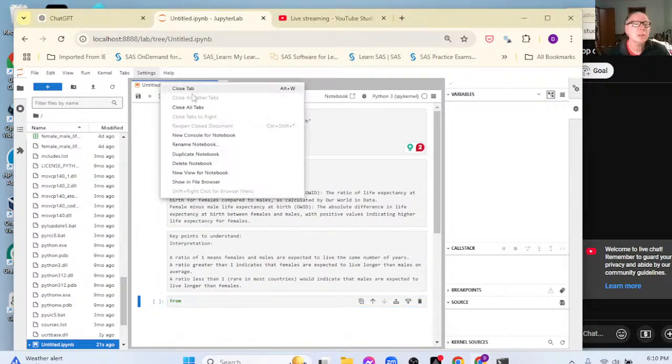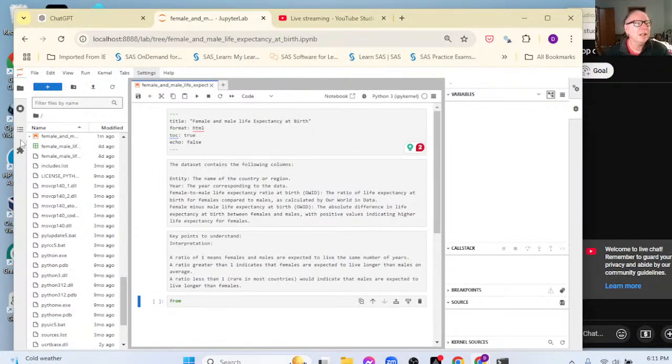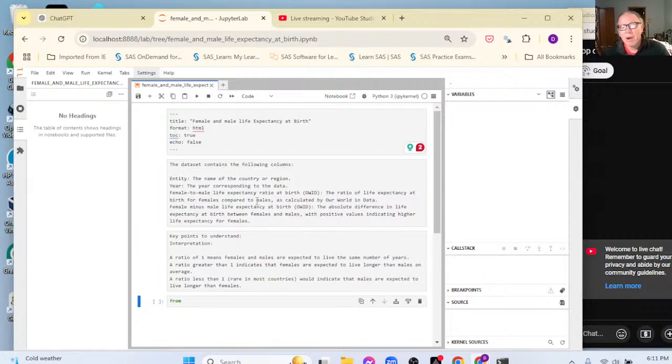Let's rename this, because in this case, it's actually an expression of the difference in life expectancy between males and females. And as you'll see in the notes above, it also refers to nothing like a descriptive title name, right? Okay, so